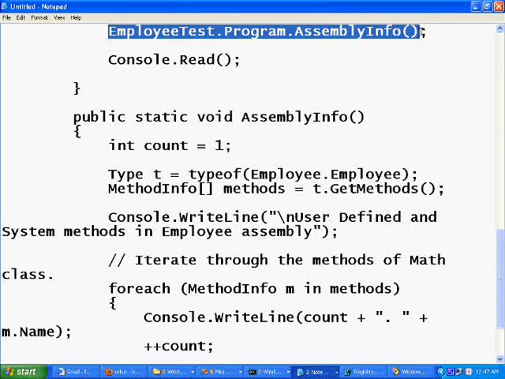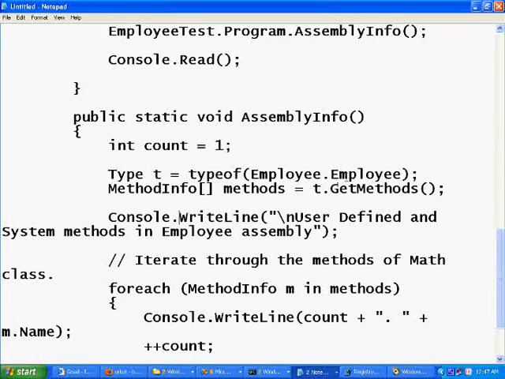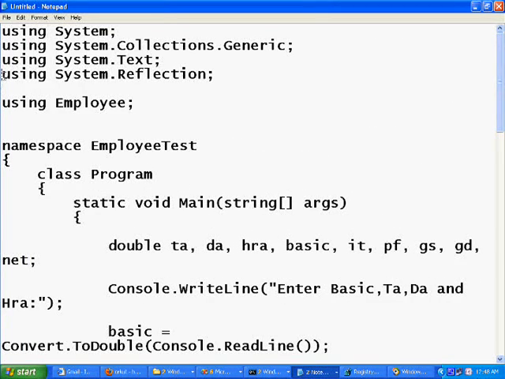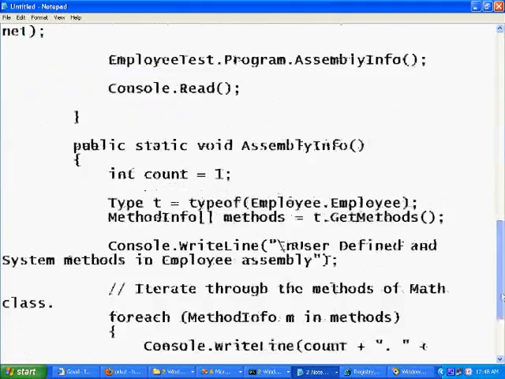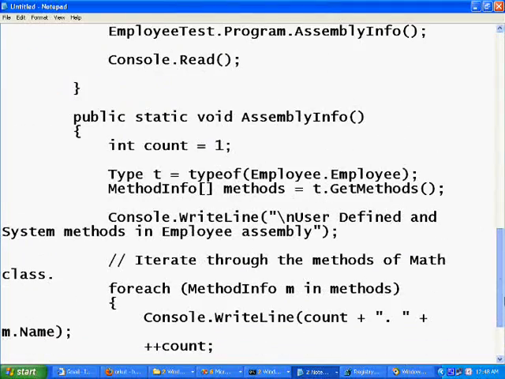Once this method is invoked, we try to collect the information about the assembly, Employee.App.Employee, and all the information comes and is stored in a Type, t. Then we are interested to collect the information about the different methods available on that assembly. For that we are using GetMethods. This method may not work if you are not importing this namespace. So for getting the benefit of GetMethods, you have to import this namespace. If you are interested to get the information about the assembly, you have to use the System.Reflection namespace. All the methods come and are stored in the MethodInfo array.